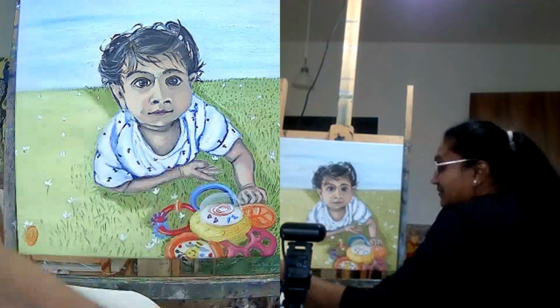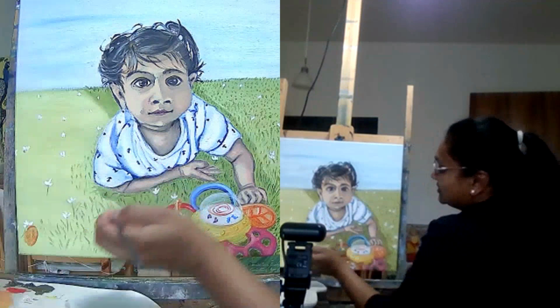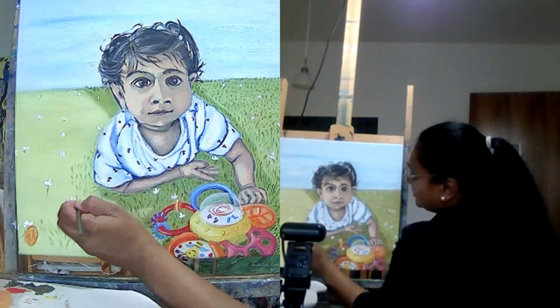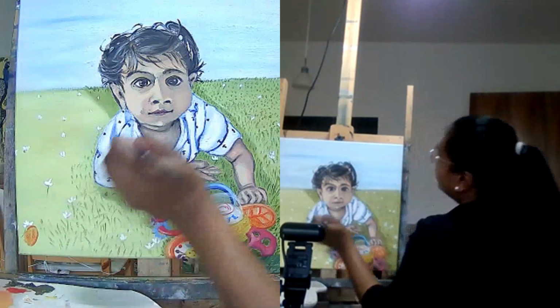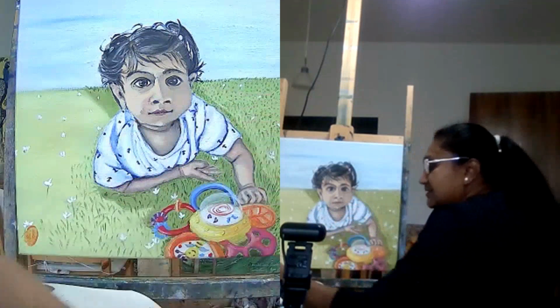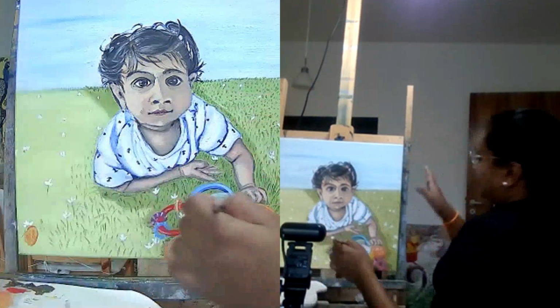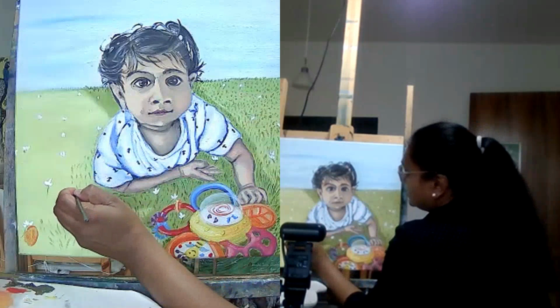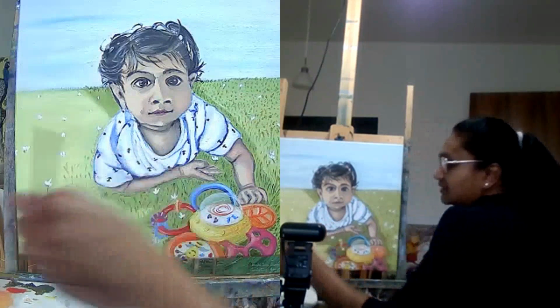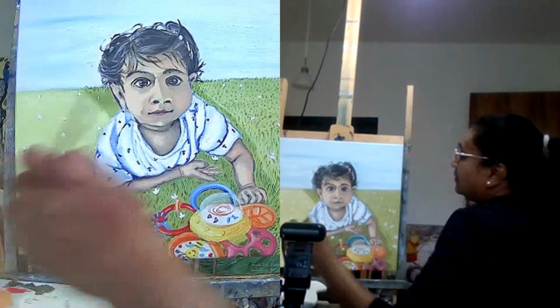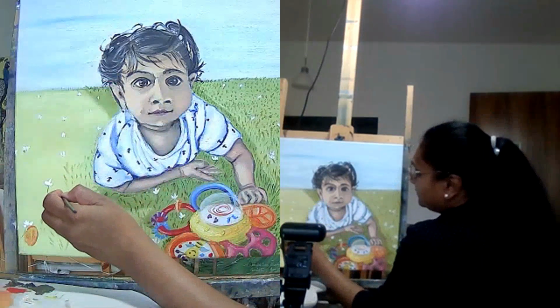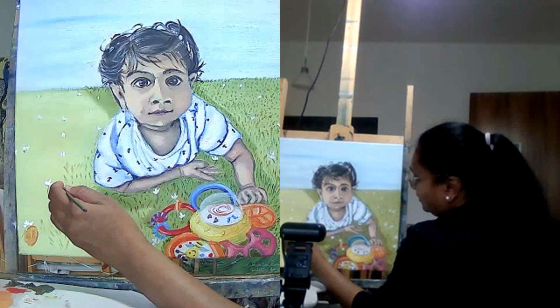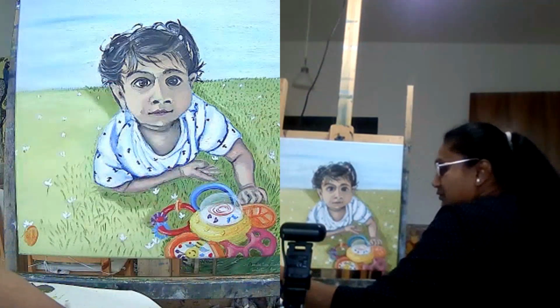Like I said, we began with the plan of using some basic equipment only to try. So even if you do not have an easel like this to work on, you should be able to experiment this on a table. 40 by 40 centimeter canvas, I think it's manageable on a tabletop. You get smaller easels as well. I have them for my students.